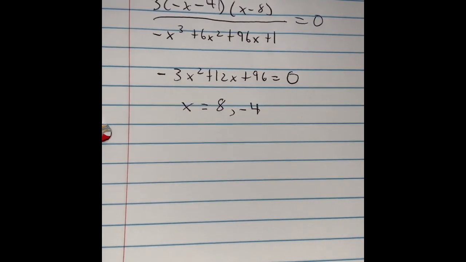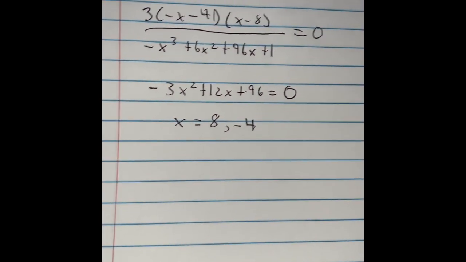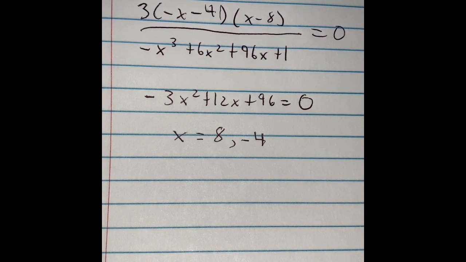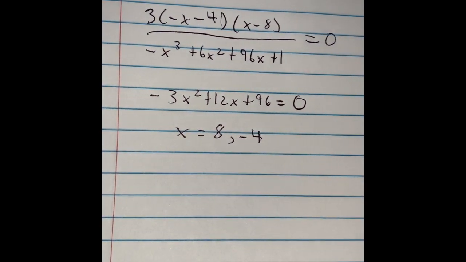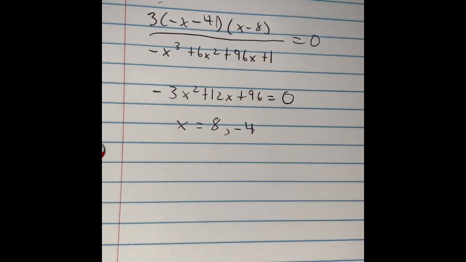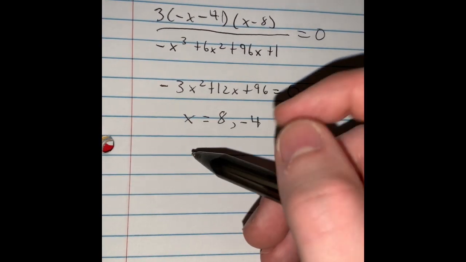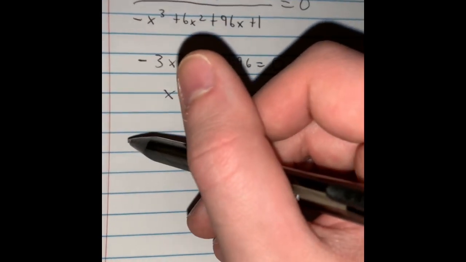Next, what we're going to have to do to determine which critical value we are going to use is to use our test. So to do our test, we'll find the derivative at 0 and the derivative at 10. And to do that, we'll be plugging in 0 and 10 into our equation. So